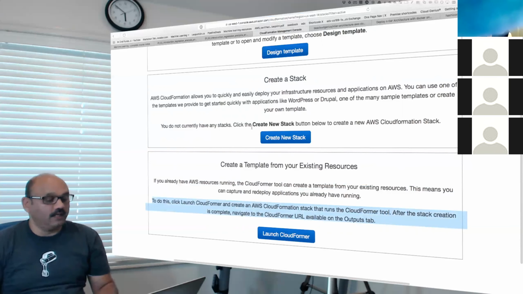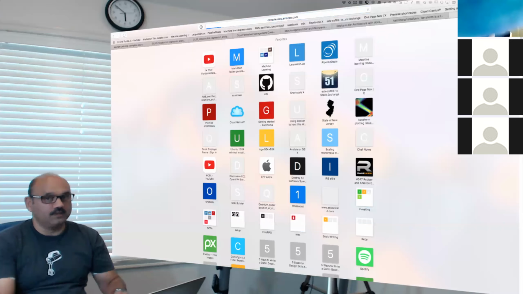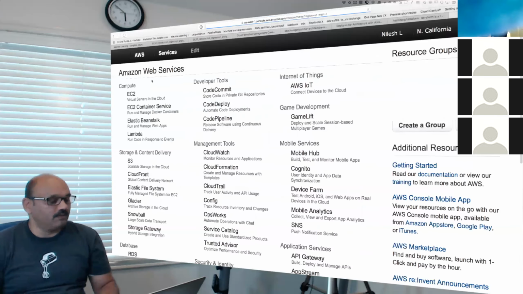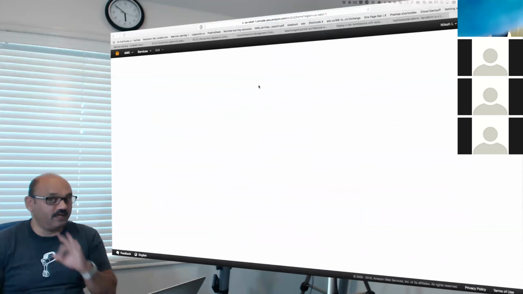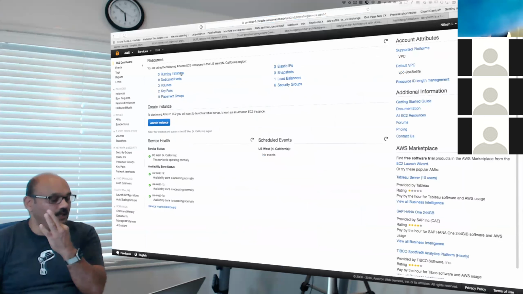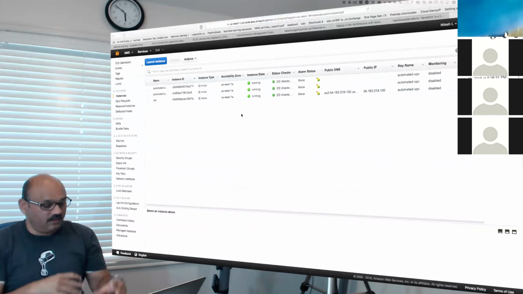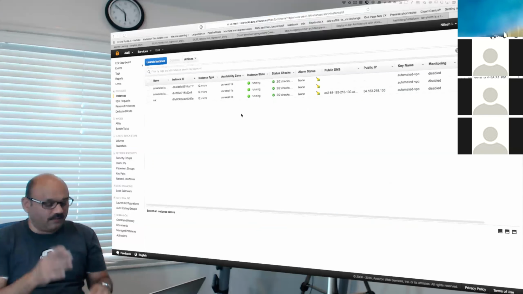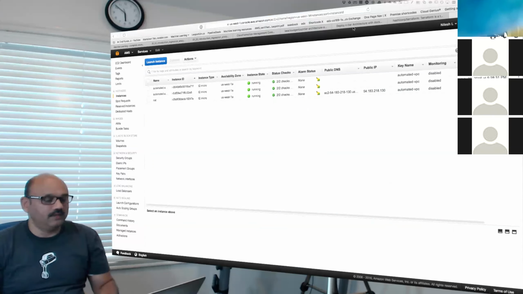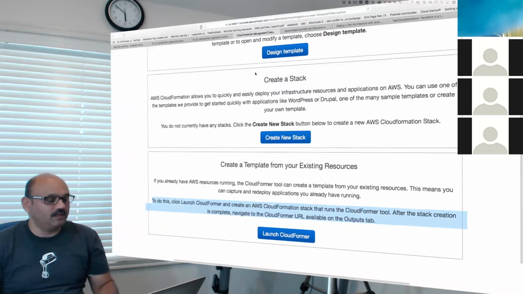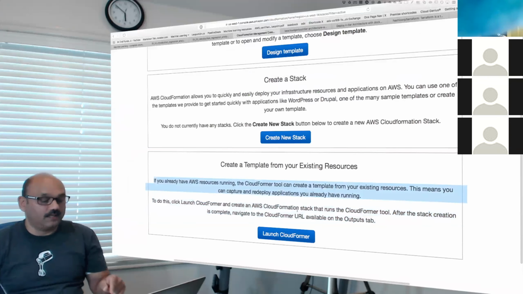And that is okay. So we'll go to Amazon console page again and look at our machines that we have running here. We have 3 of them. And those 3 are running right there. So we'll leave them running. That's what we want to capture information about, the VPC, the subnets and all that. And what I would like to do is go back to our CloudFormation tool and then actually click the third button. The third blue button is to launch a CloudFormer tool.